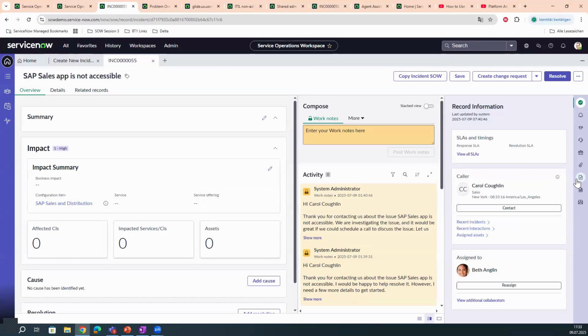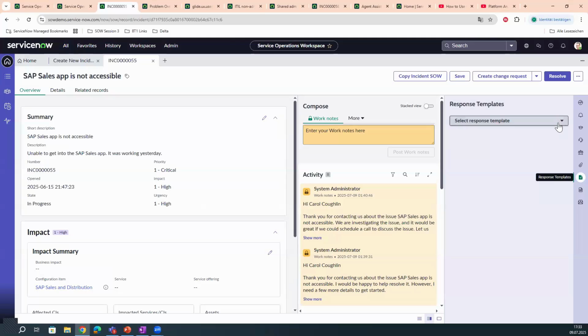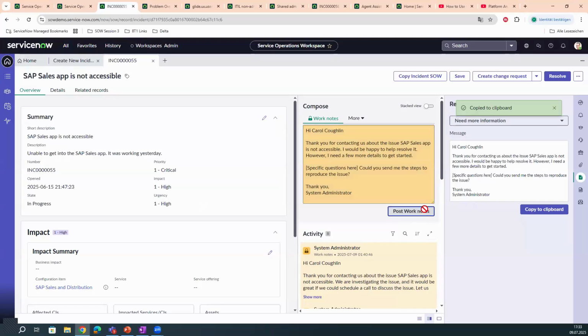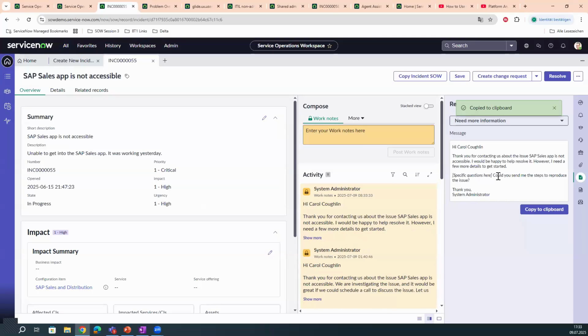And I go back to my response template. Here I can see both are also showing here. So I could just copy this to clipboard and post it here. So before I would have to have different templates in different Word documents. So this allows me to have all templates here ready to use, which is very helpful for agents. And yes, I could also add this on the channels